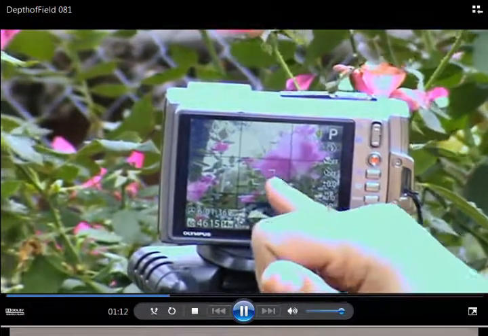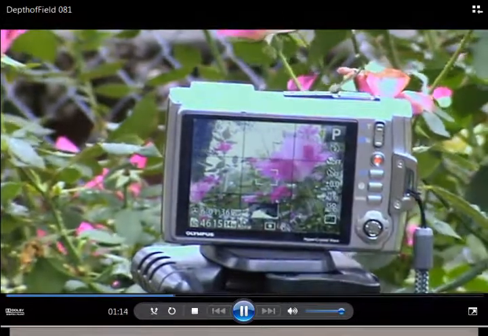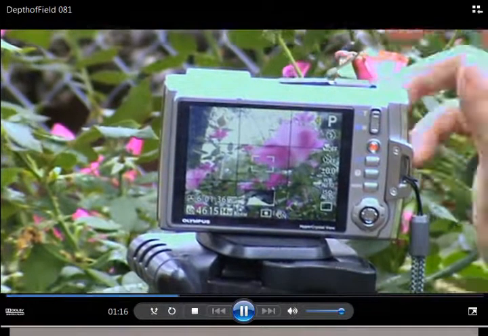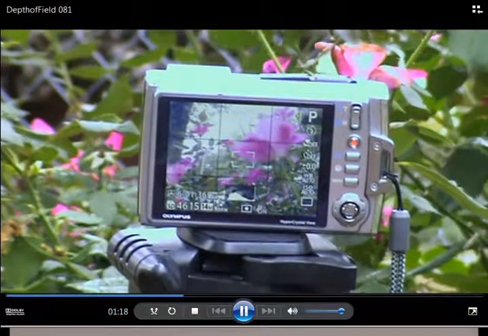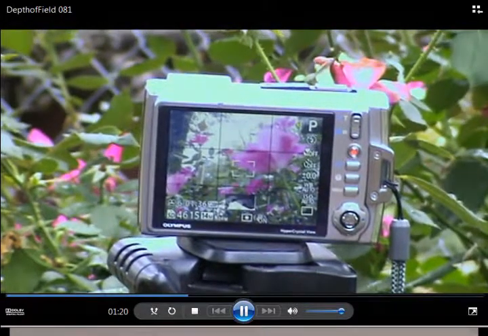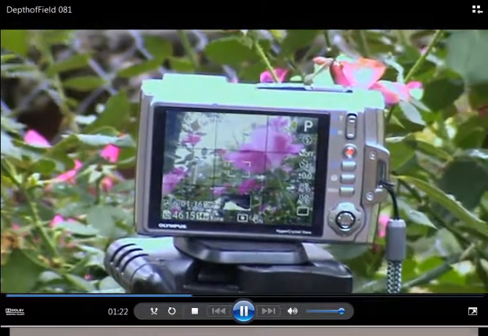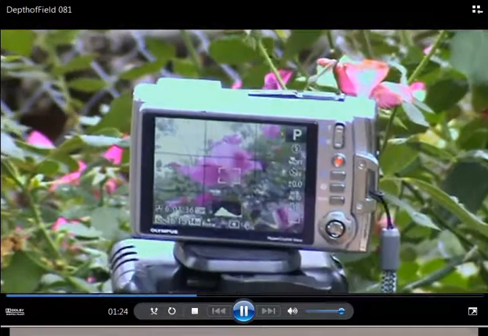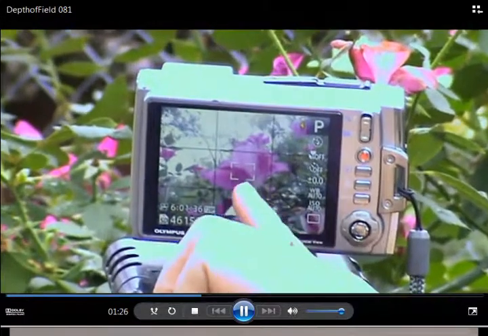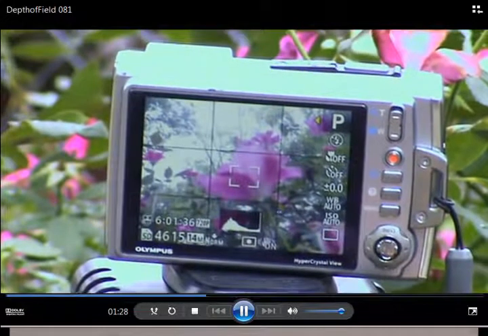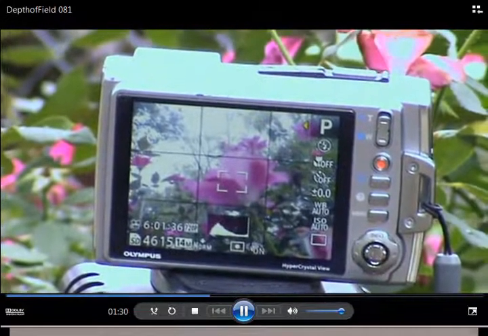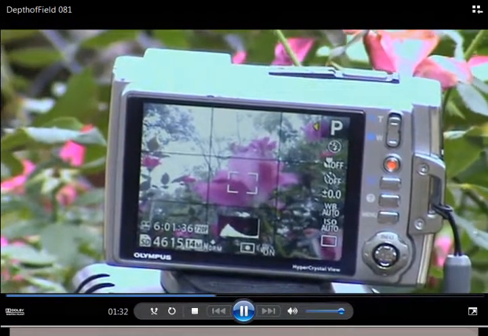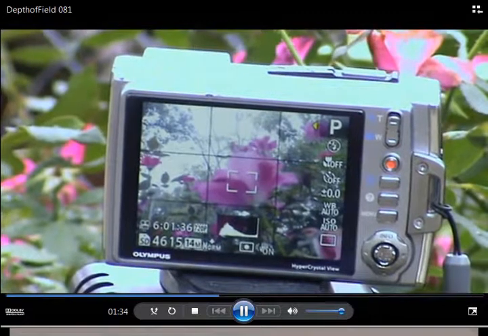And so it's only going to meter off of what is in the center. And I've got some roses. This works a little better for me when I get up close, more of a macro shot. And I'm going to move this around till the center of the camera where the box is